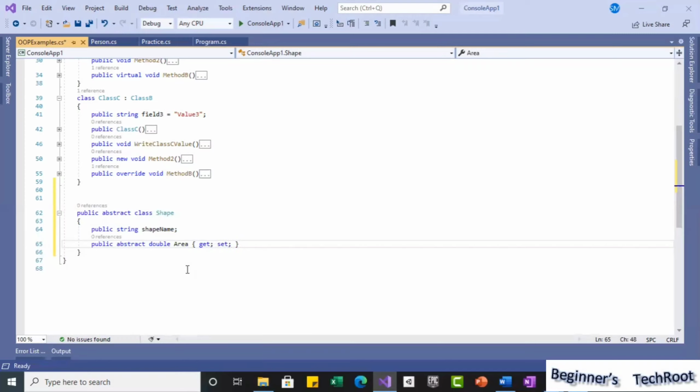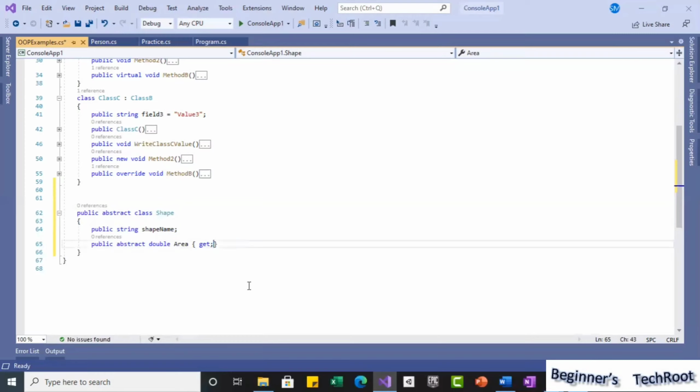We are not going to implement get and set, only give get and set in the definition. It means this area property will be allowed to implement a get accessor and a set accessor. Get is nothing but reading the value, set is nothing but writing the value. For example, I don't want to allow writing the value. Why? Because I am going to calculate it.